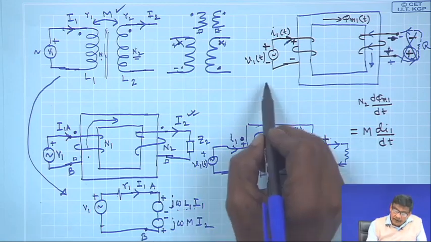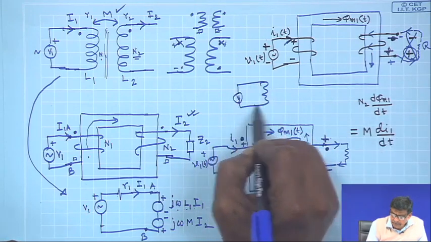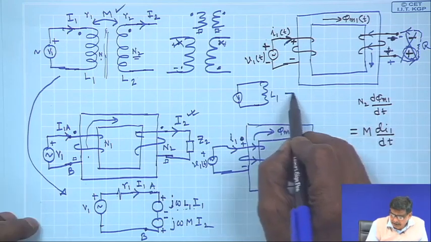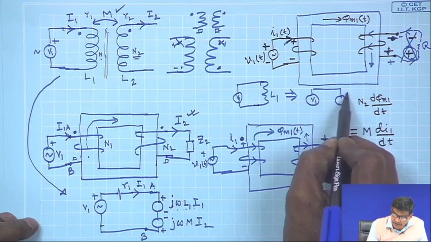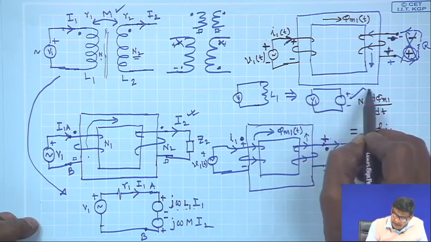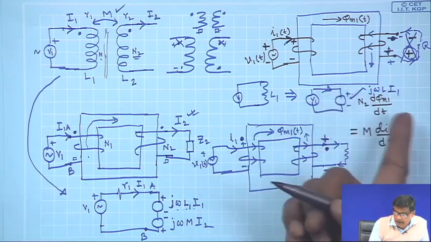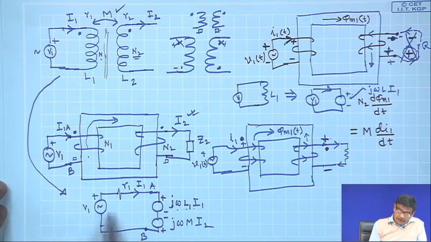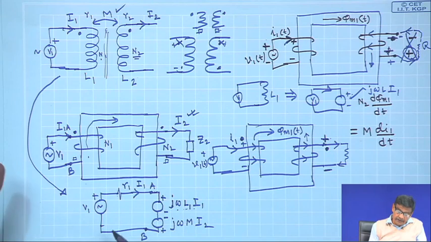Had there been a single coil with no mutual coupling, I have shown it like this: V 1, this is L 1 only matters, and this circuit would have been, this is V 1 and there is another source of EMF which is j omega L 1 I 1, whichever side current is entering, that is plus, simple. So, here this coil is having a self inductance L 1. So, plus minus, current is entering through this I 1, top one is plus,